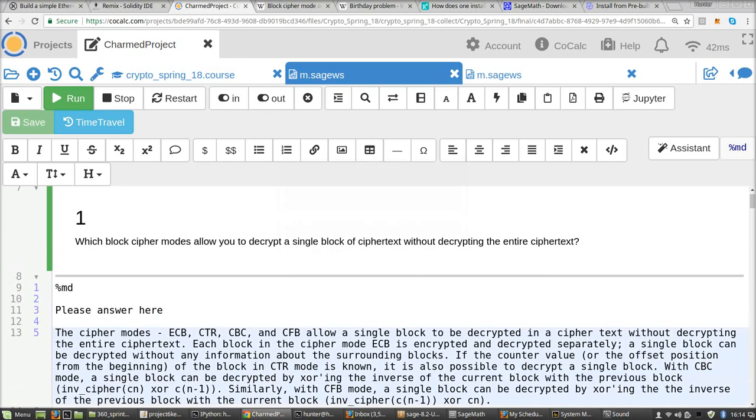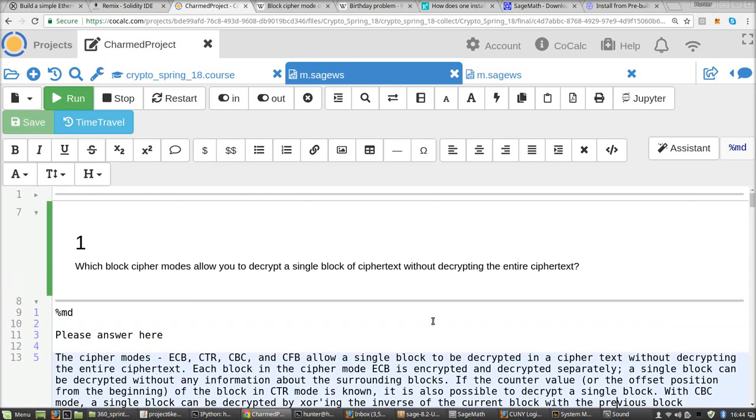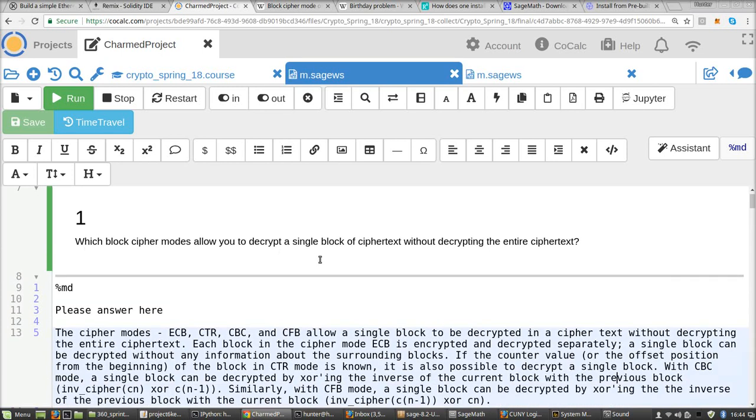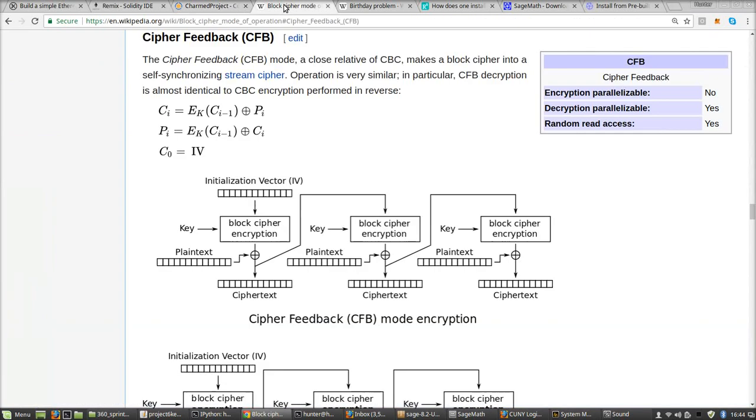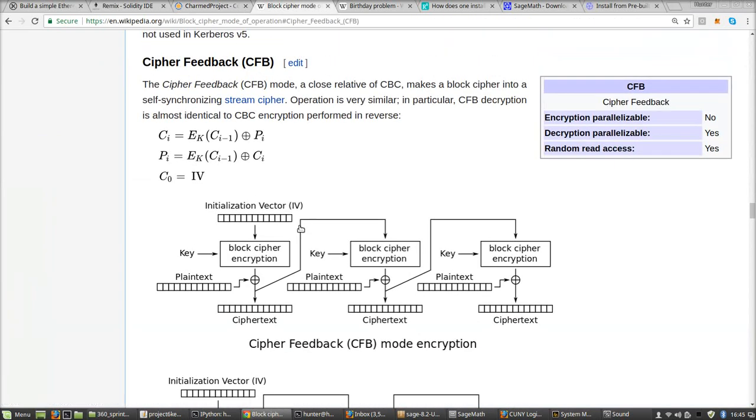I want to give the key to the final exam in cryptography. To answer these questions, I'm using a student answer. The student will remain anonymous. So the first question is, what block cipher modes allow you to decrypt a single block of ciphertext without